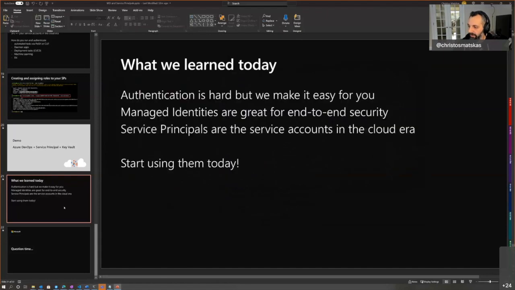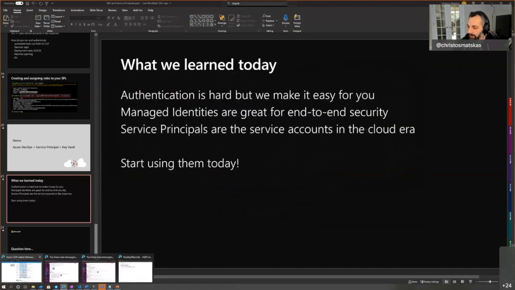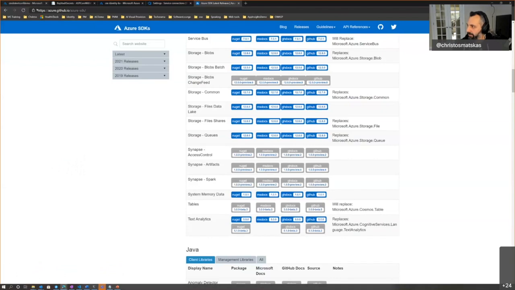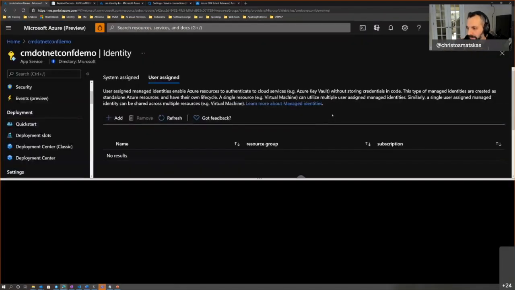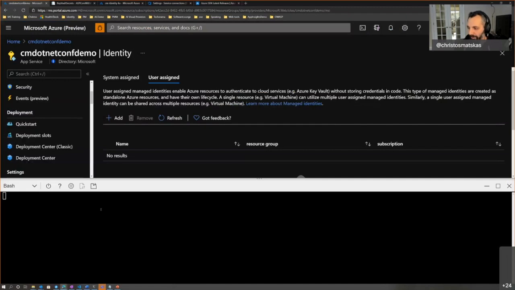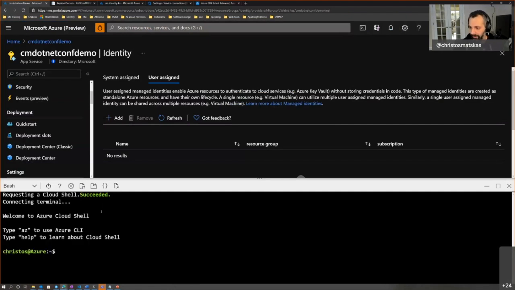You know what? It would be easier if I do it inside the portal. If you haven't used the CLI before, rather than doing it in the remote VM, because now it will be out of context, what I'm doing here is requesting Cloud Shell. If you haven't used Cloud Shell, it's the built-in CLI or PowerShell that we have for working with Azure. The nice thing is that I can authenticate it, so I don't have to do it from scratch. Connecting to it. And now I can do az ad sp create.